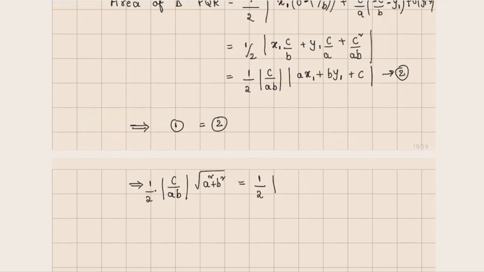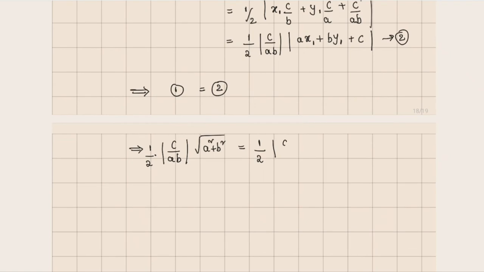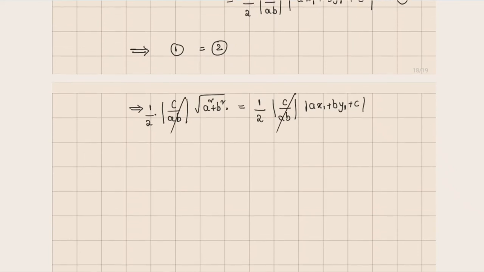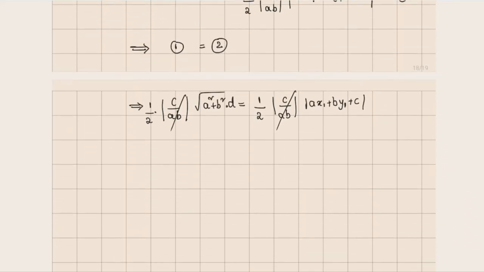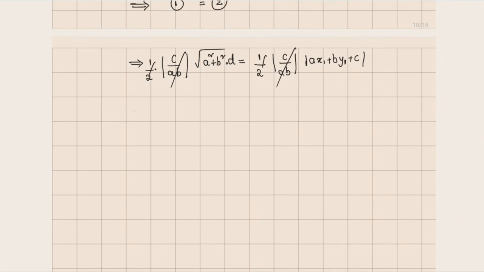Half into modulus of c by ab into modulus of ax1 plus by1 plus c. c by ab cancels and half cancels, which gives d, the distance d which we need to find,